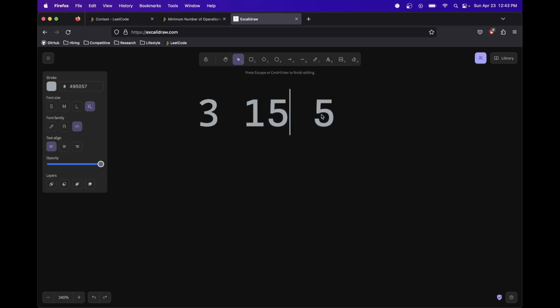Well, we never really want to change the 5. We never really want to change the 3. And even though the 15 isn't relatively prime to either of these, we could set it to be 5 if we took this, and then set it to be 1 if we took that. Or the other way, we could set the 15 to be a 3 if we took this, and then a 1 if we took that. And that tells us something. That tells us that if there's a number that is not relatively prime to either side,